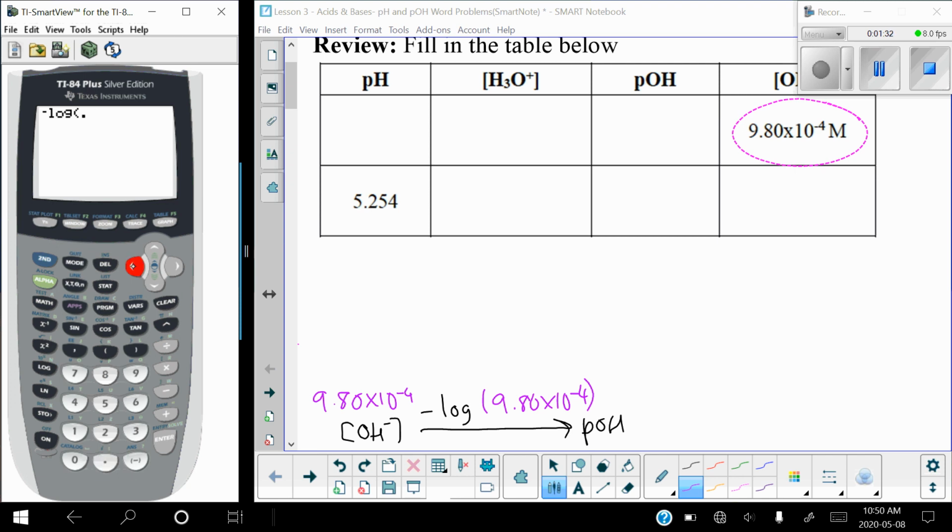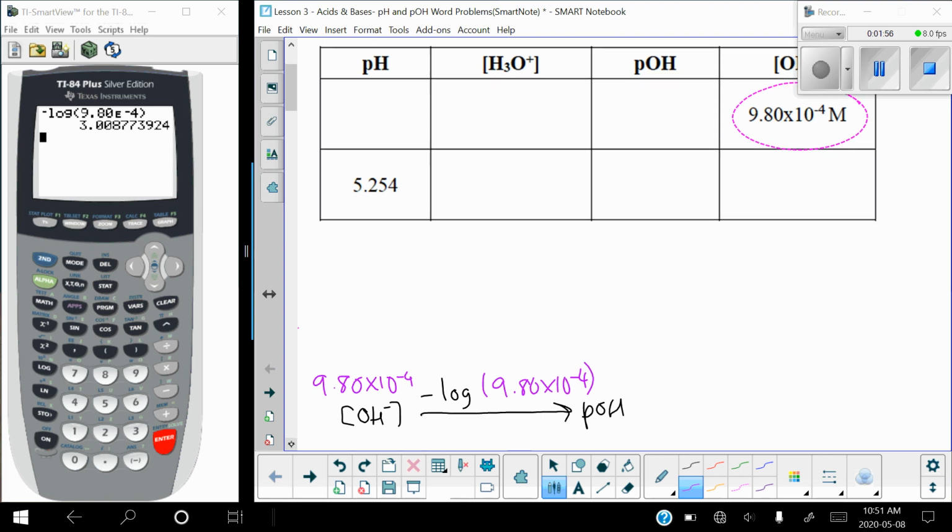9.80. This E represents times 10 to the power of negative 4. Close your bracket, enter, and we get our POH. Now on paper, I can show a rounded answer, but on my calculator, I'm going to leave it all there so that we can use it for the next step. So go up. Our POH is